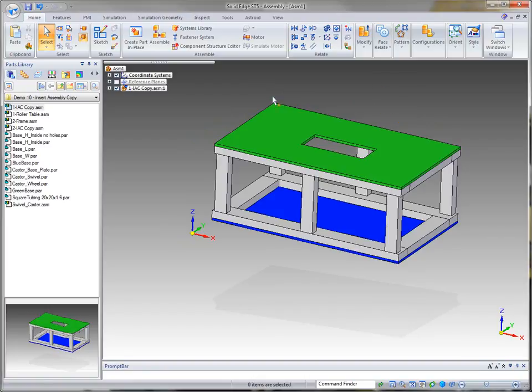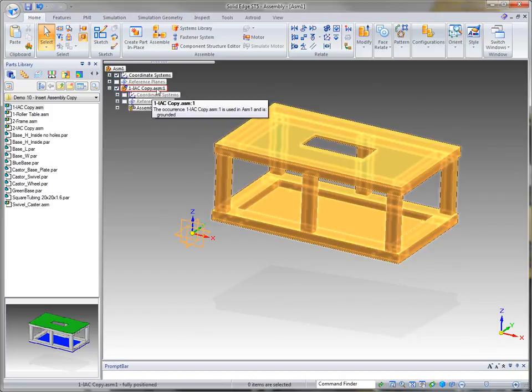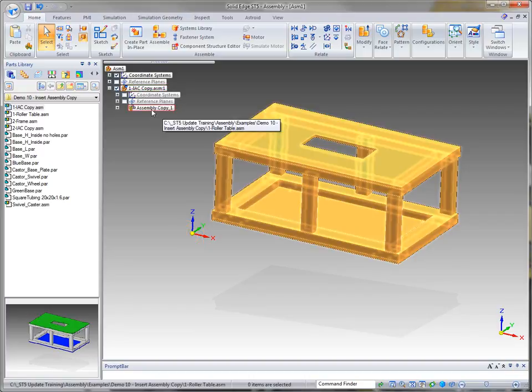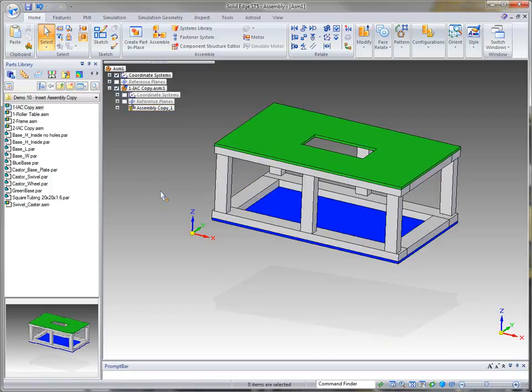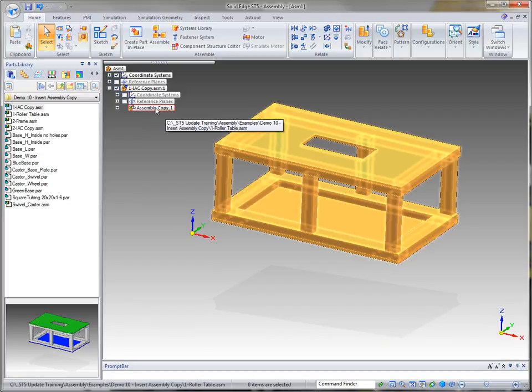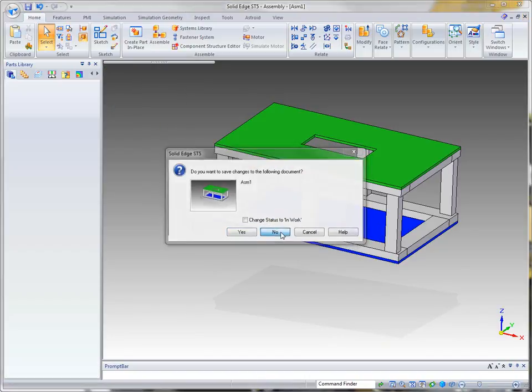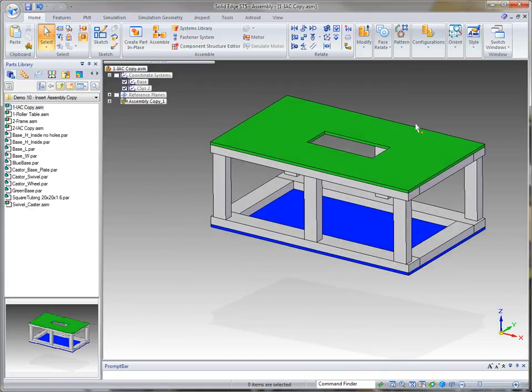Now, of course, I can bring in multiple IACs together if I want to do that at any time. And when I open up the IAC assembly that I brought in, you'll notice that it is driven by the actual assembly copy that we created. Again, anything that happens to the original gets updated through the assembly copy and then, of course, reflected at the top level. Now, one other example that I want to show you as I close these files out